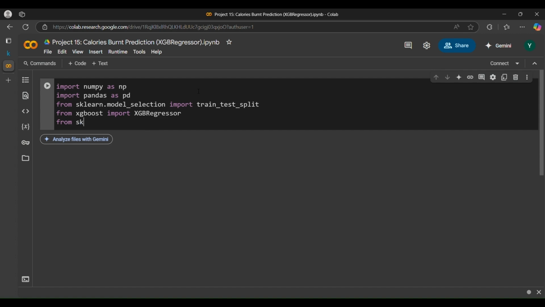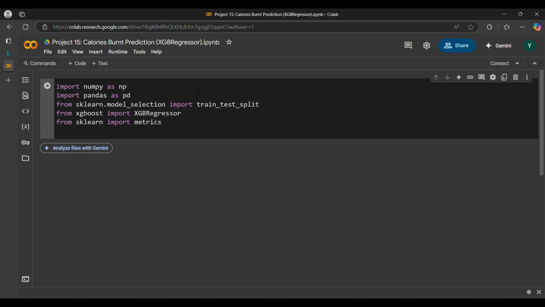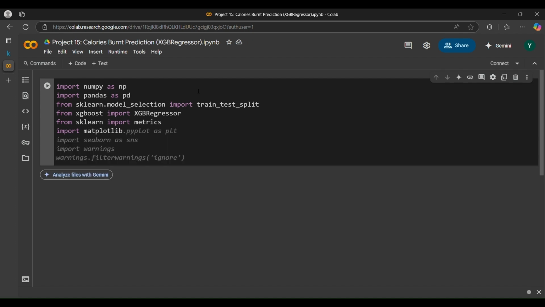From sklearn import metrics, and then we have to import matplotlib. So import matplotlib.pyplot as plt. Okay,